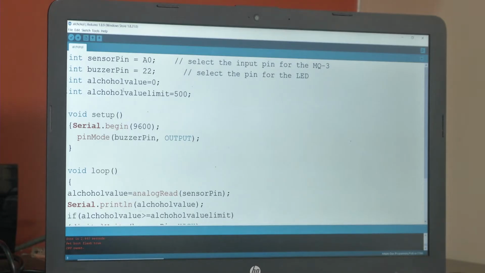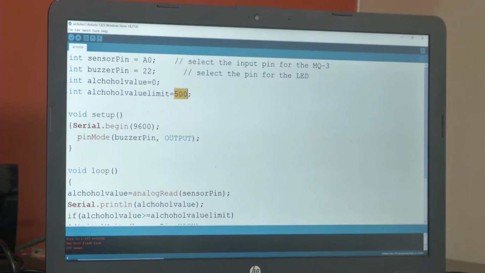We will be storing the analog value from the sensor in this variable, and I have also set the alcohol value limit as 500. This is an arbitrary value I have put right now. Since the analog value from the MQ3 will be in the range of 0 to 1023, this limit is in between, the middle of the range, so I have just kept it.